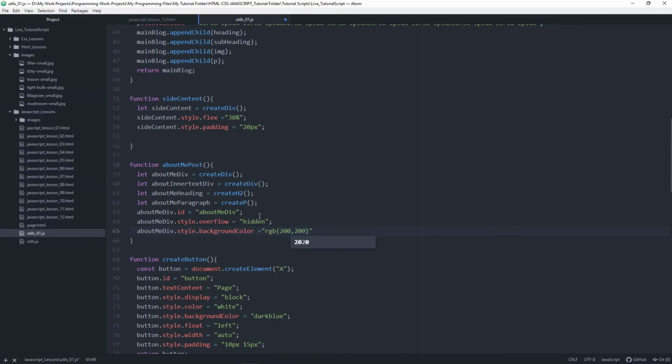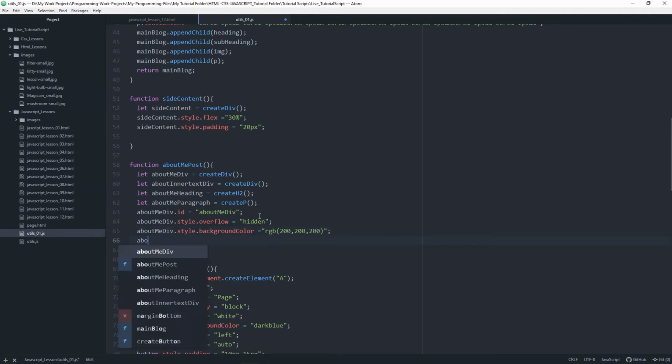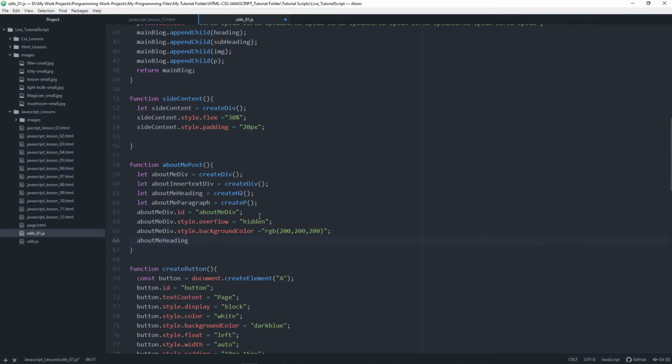Sometimes it's easier this way. If you're familiar with the hexadecimal code, if you know exactly what that color is gonna be, then you can also use that. But sometimes you have to fiddle around a lot, so I sometimes just avoid all of that and rather use RGB because I have a better understanding of how that's gonna turn out than with the hexadecimal code. Okay, say text content will be equal to,